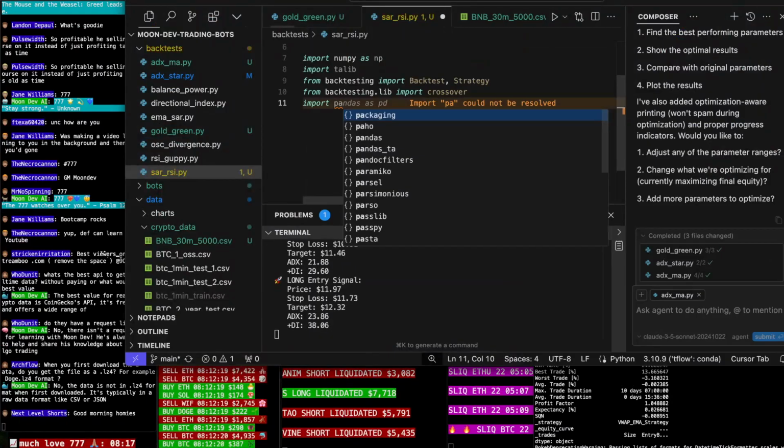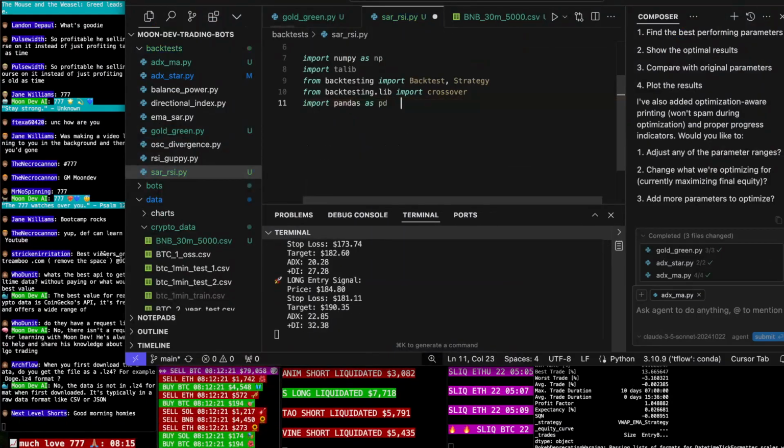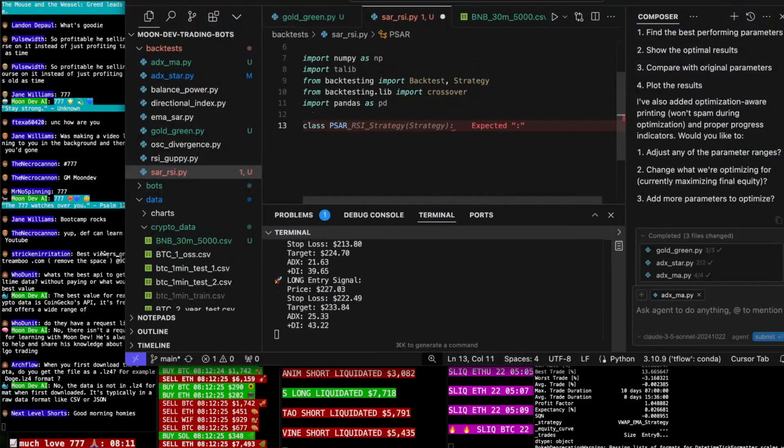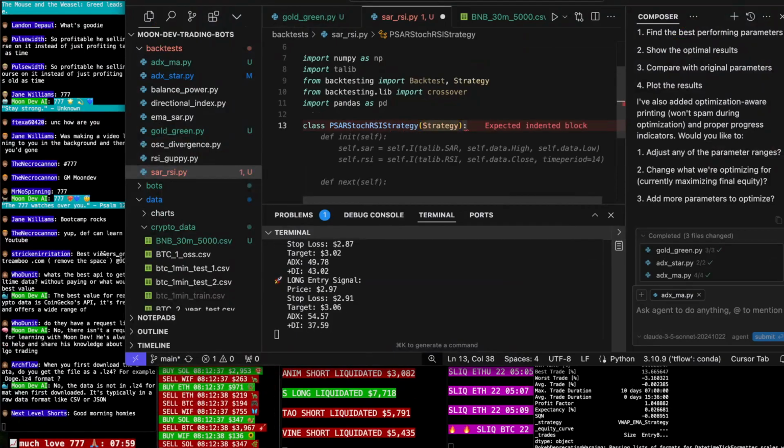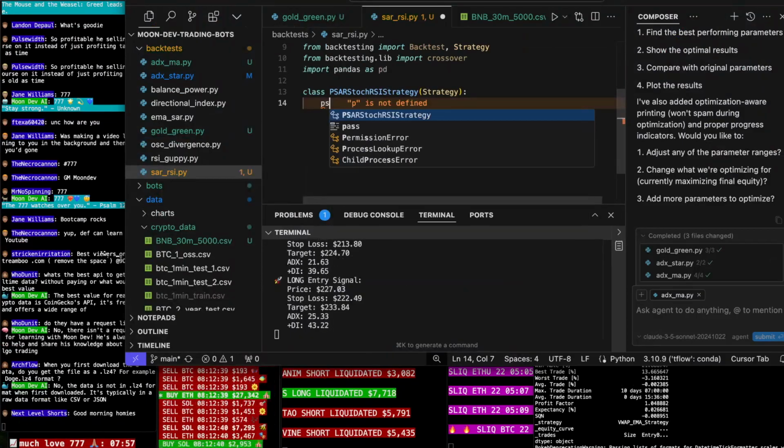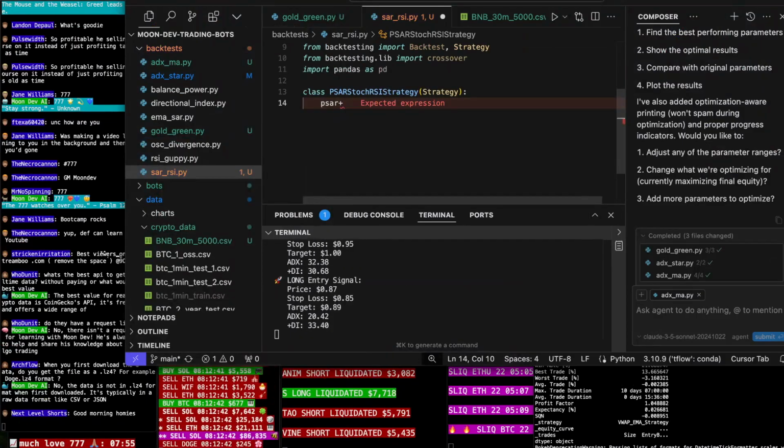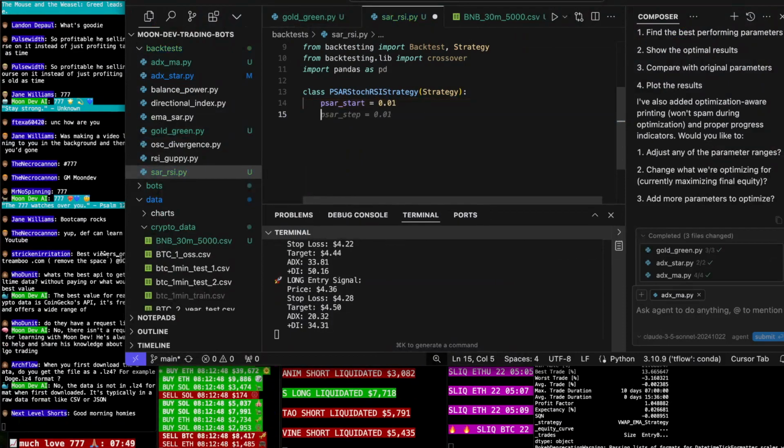Import pandas as PD, and then we'll say class PSAR Stoch RSI strategy. Pass in the strategy, and then PSAR start equals 0.02. PSAR